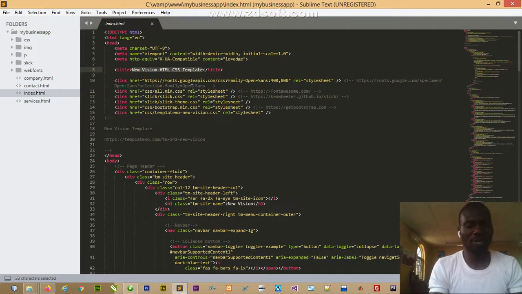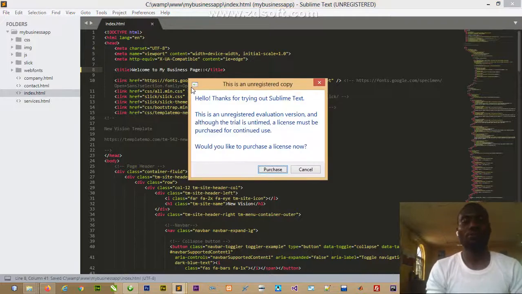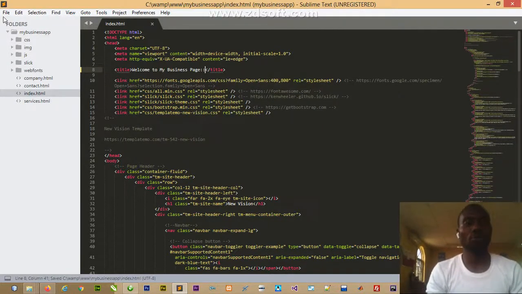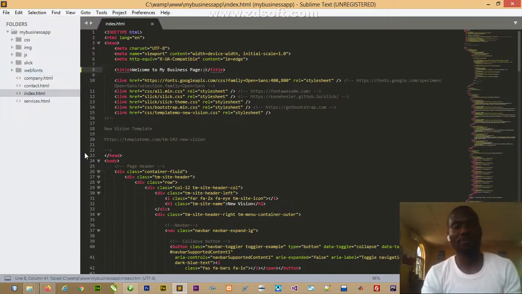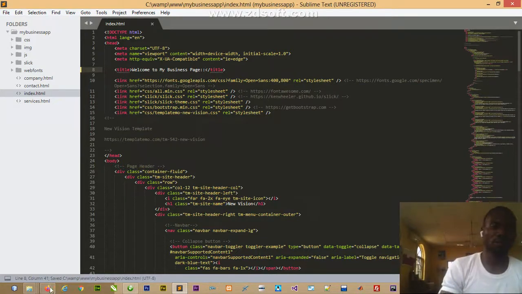So now let us quickly make some changes to the index page. Let's change the title to, let's say, welcome to my business page. Then press Ctrl S, or you come to File and click Save. So let us see what has